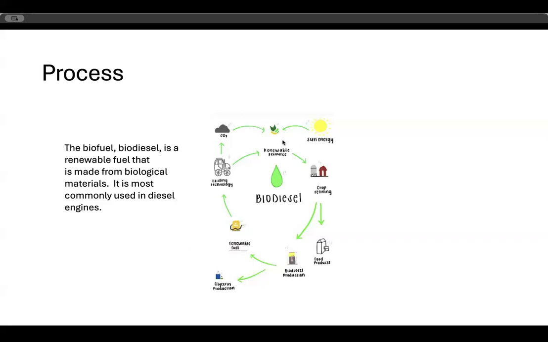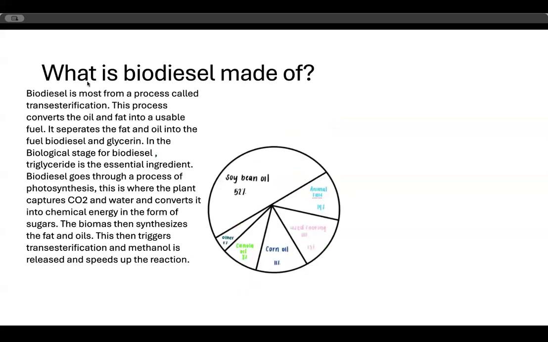Like here it says that it is most commonly used for diesel engines. So this is the process that it goes through, and I drew it out just so that y'all can see how this type of biofuel is made. But what is it made of? Biodiesel is made